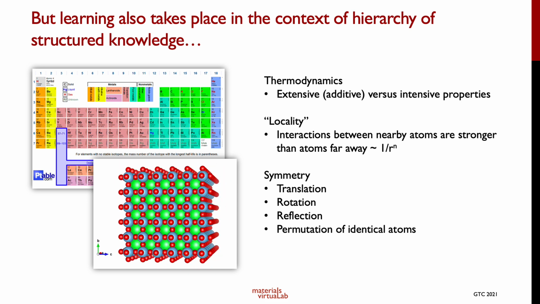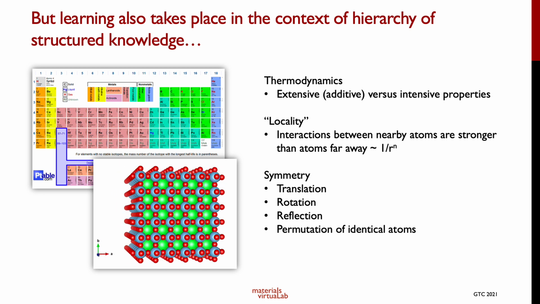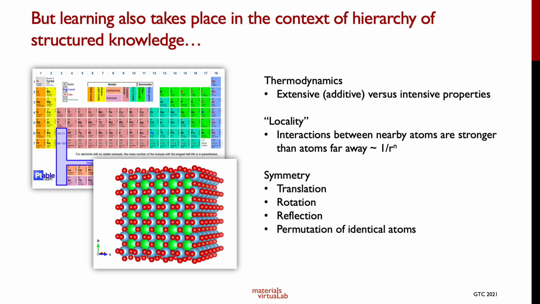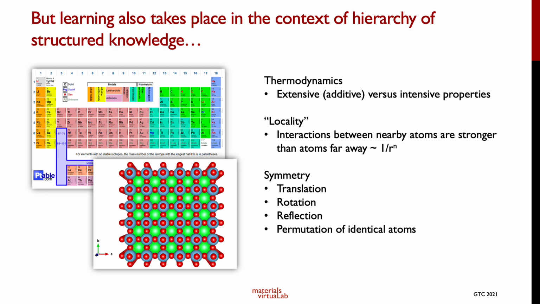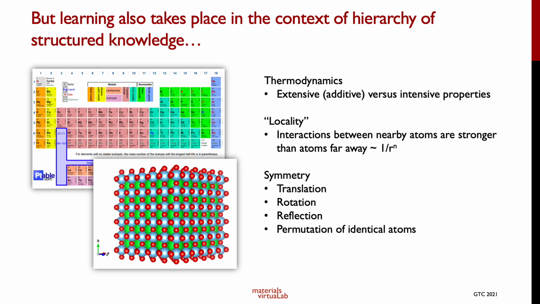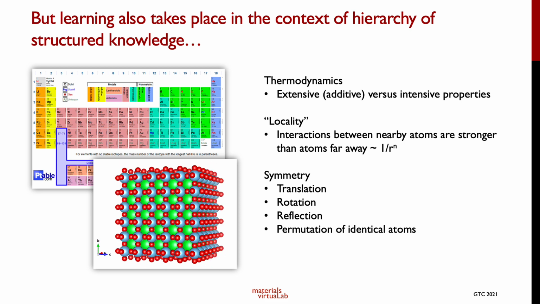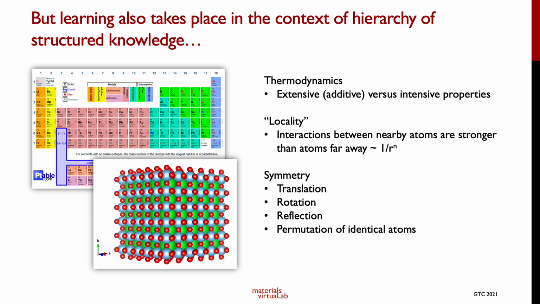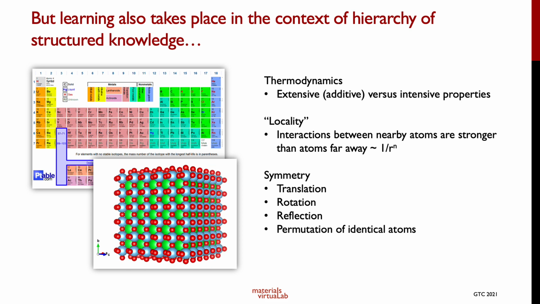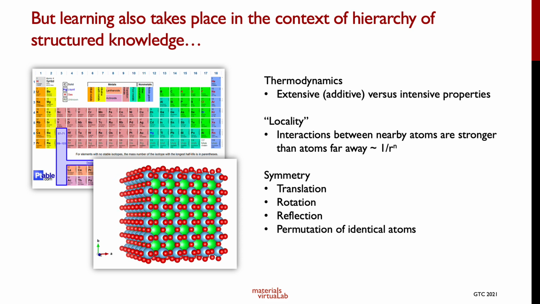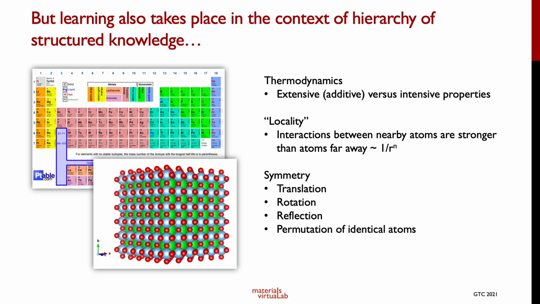The other kind of knowledge is things like symmetry constraints, right? So if you take a set of atoms and you move them in a certain direction, or you rotate those atoms, in general, the property of that material shouldn't change. So the ideal situation is that we can incorporate all such structured knowledge within the representation of a material itself. In doing so, we impose all these constraints, and that makes for a better machine learning model that has these properties by design.